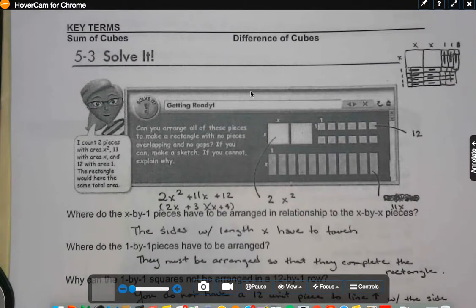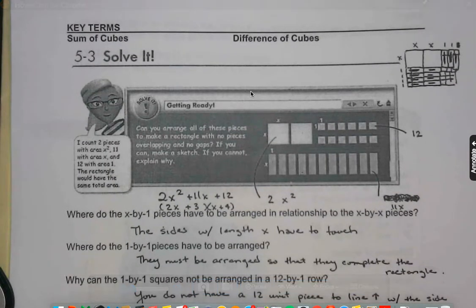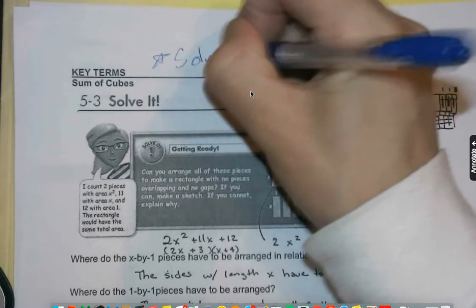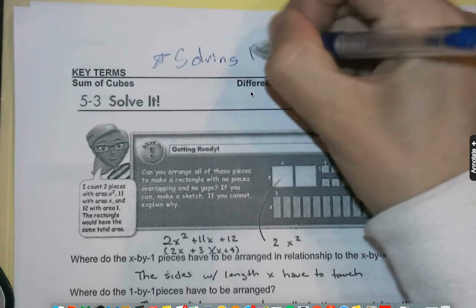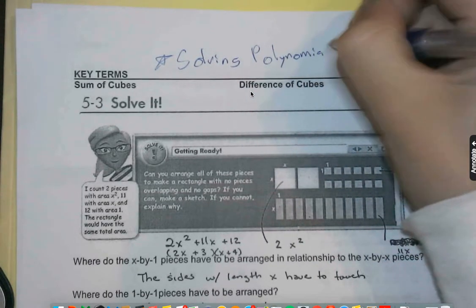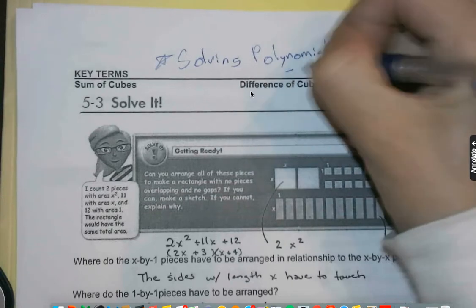Welcome back, Algebra 2ers. We're taking a look this time at solving polynomials. That's the big idea here. Solving polynomials. And we've actually seen a rendition of this previously, Chapter 4, when we were applying the zero product